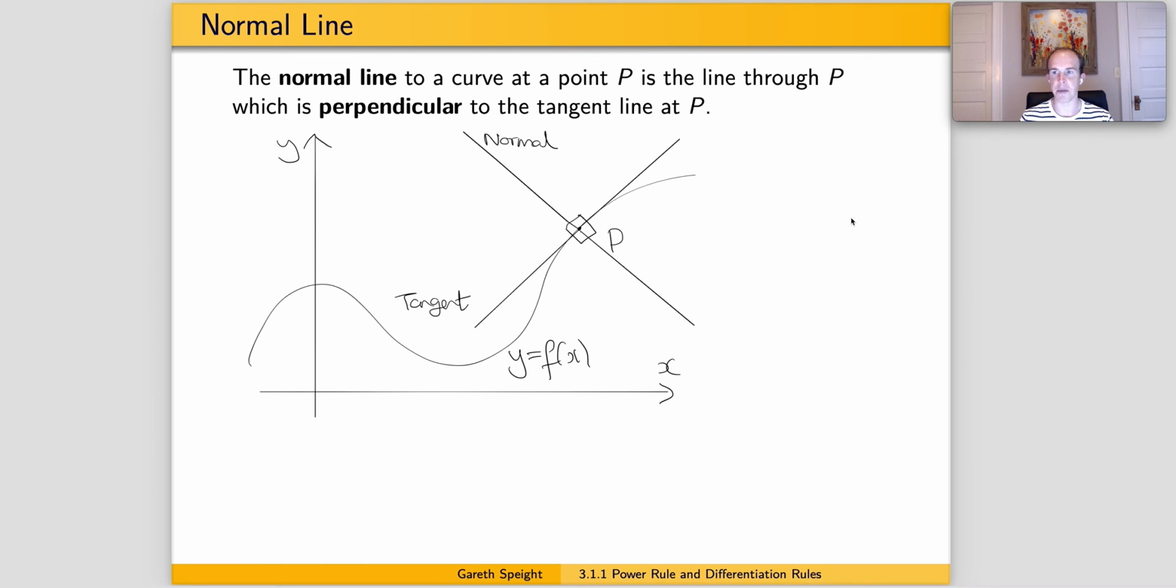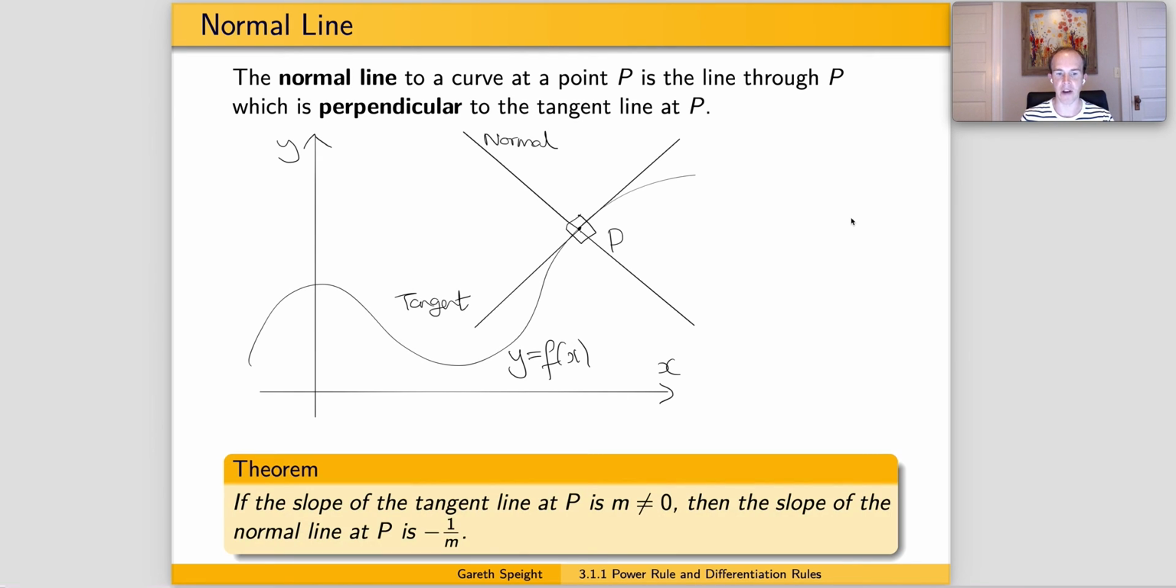So how do we find the slope of the tangent? Well, sorry, how do we find the slope of the normal? Well, if we know the slope of the tangent line, then we can calculate the slope of the normal line very easily just by doing minus 1 over m. So if the slope of the tangent line at P is m, and let's assume for the moment it's not 0. If it is 0, we'll talk later. So assume that the slope of the tangent line is m, then the slope of the normal line is minus